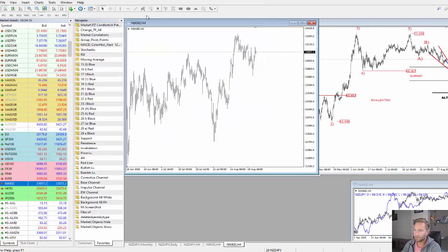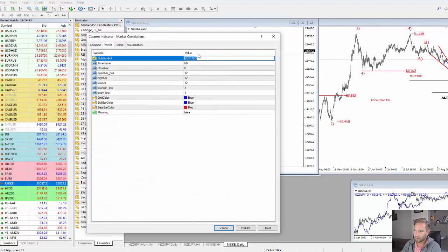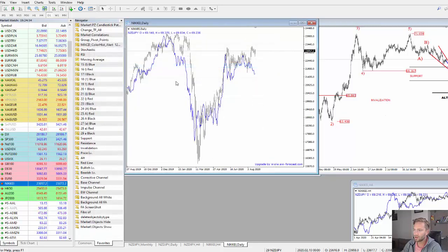So here we have the Nikkei chart, and I will now compare it with the New Zealand dollar against the Japanese yen. This will be 144. And you can clearly see here that the Nikkei and the New Zealand dollar against the Japanese yen have a very nice and clear